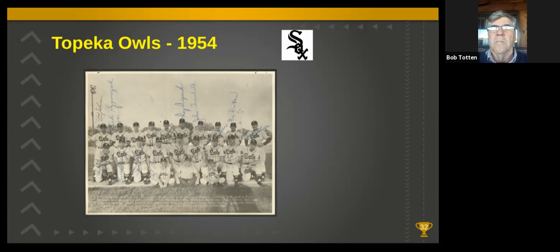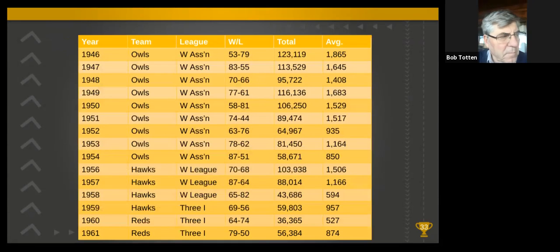I put together an attendance chart that shows how the Owls, Hawks, and Reds records were over the years. You can see it started out pretty high, well over 100,000 for most of the years up until the 50s, when it started falling a little bit. In 1956, it got back up over 100,000, and I'll explain why in just a minute. But it again dwindled, and there were events happening in professional baseball that put a real squeeze on the minor leagues. I showed you earlier that the leagues had dropped from 43 down to 21, and now there are 10 minor leagues today.